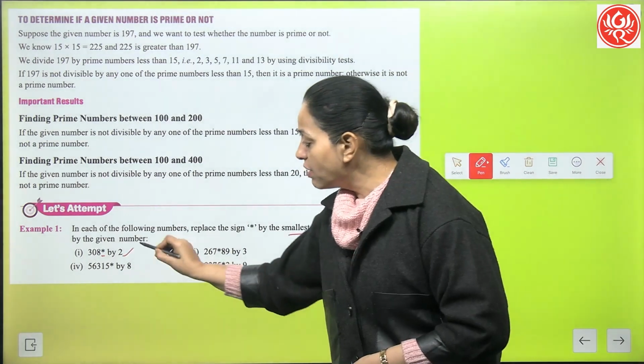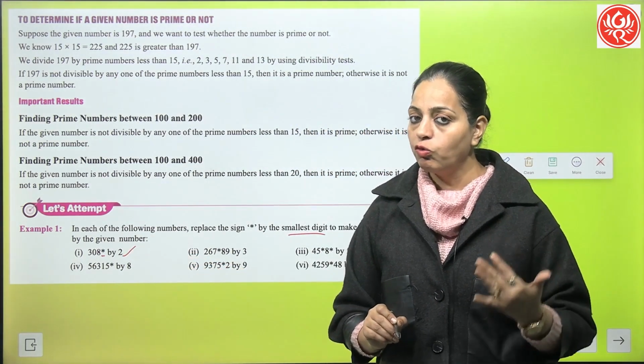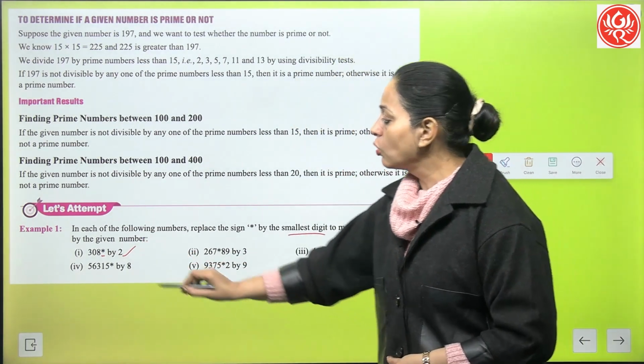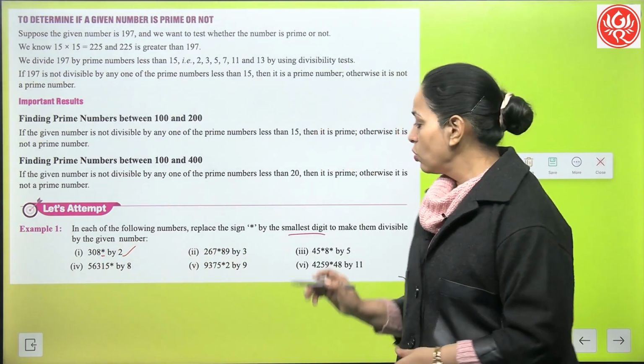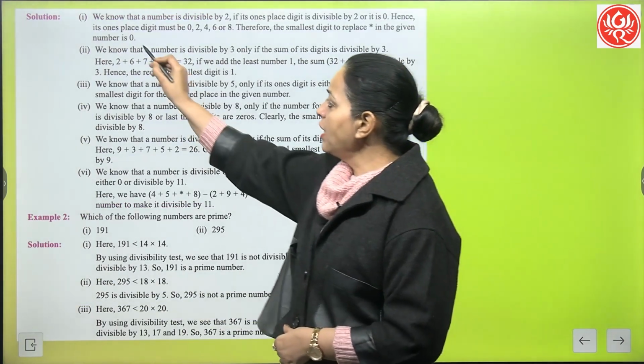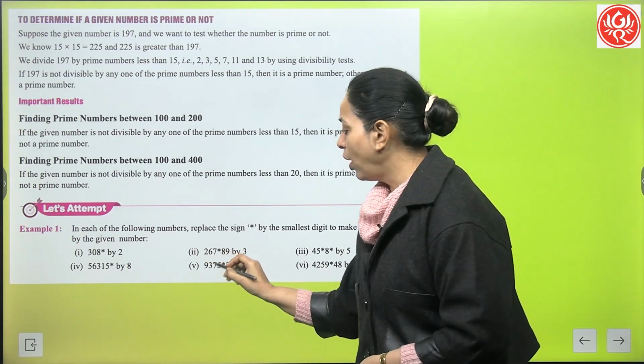You know, a number divisible by 2 कब होगा? जब last digit क्या होगा? 0, 2, 4, 6, 8. So we have to find the smallest number. So that is 0. So what is the answer? Answer is it must be 0. Okay. Now the next number, the second one,